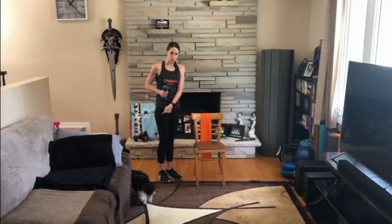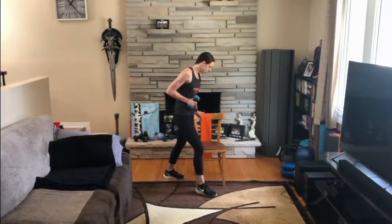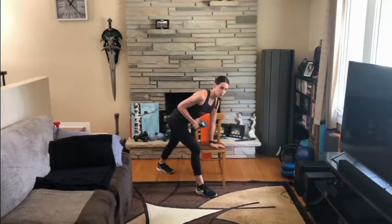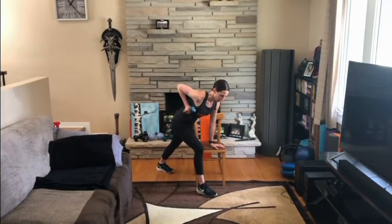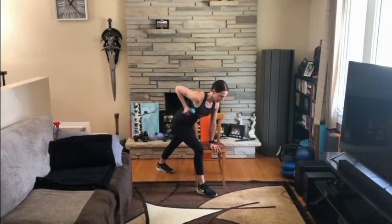So you're gonna take your leg that's furthest away from the chair, and you're gonna step it so that it comes right in front of your chair here, and you can have one hand on the back here, and you're going to step your other leg back, and you're going to bend your front knee so that it's directly above the ankle. Your free hand's going to go onto the seat of the chair, and with a nice flat back, you're going to bring your weight down here, you're hinging at your hip, and you're going to pull your weight up here. So that's 1 and 2. Your nice flat back, you should lift your breastbone. You're breathing. 3, again, we're gonna go to 12,